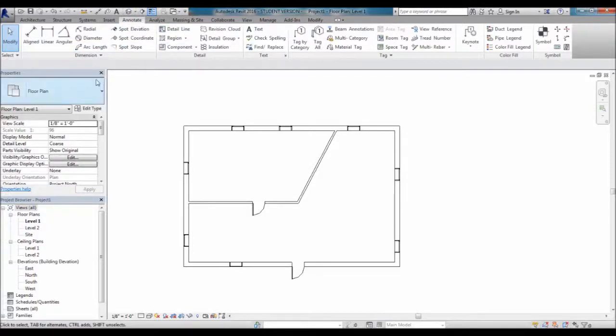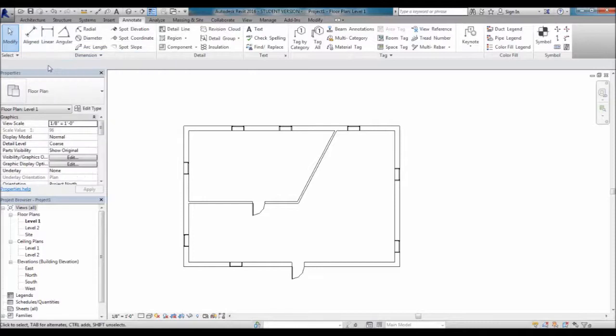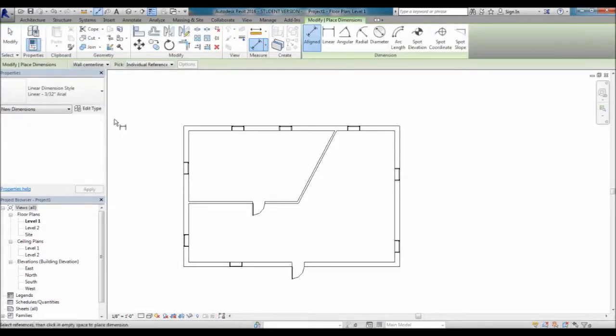So if we go back to the Annotate tab and click on Aligned, if you hover over it real quick, you can see the little description underneath it: it places dimensions between parallel references, or between points. So if you click on Aligned Dimension,